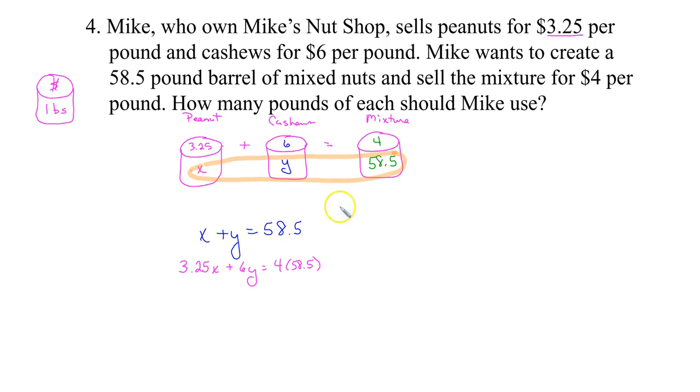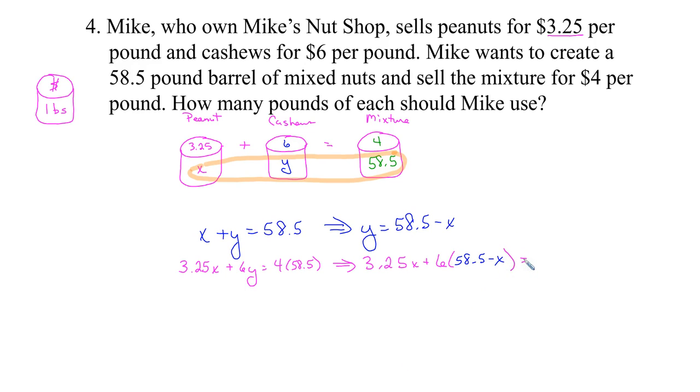Take the first equation, solve it for y. y is equal to 58.5 minus x. Substituting this into the second equation, 3.25x plus 6 times (58.5 minus x)